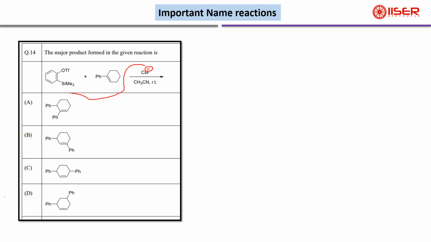So it will attack this silicon atom, this bond comes here, so it will give us a benzene. After that, if it reacts,